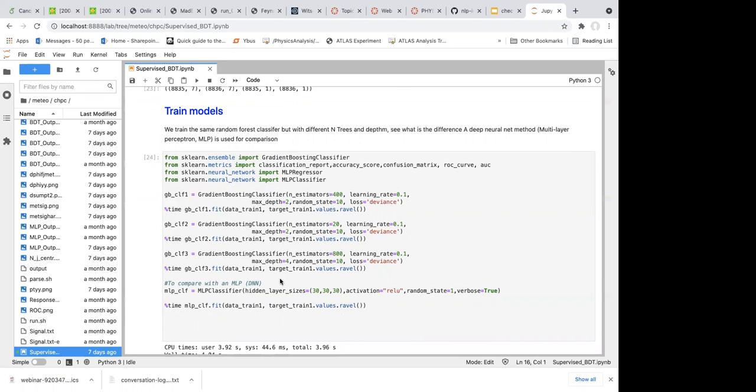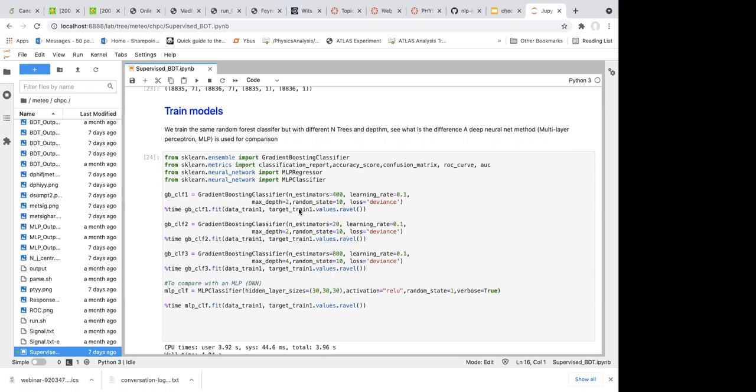Actually it's two different classifiers, but three models. One of them we split into three individual models which use three different sets of hyperparameters. The two models are the decision trees, or say the random forest, and the multi-layer perceptron, also given the name DNN, deep neural net. We use this model for comparison.